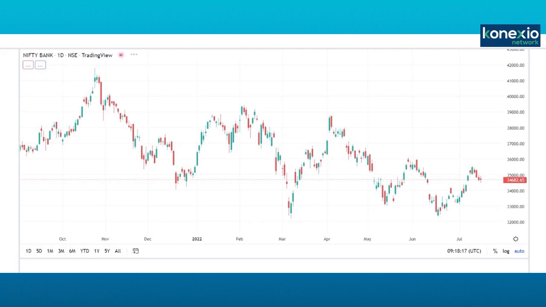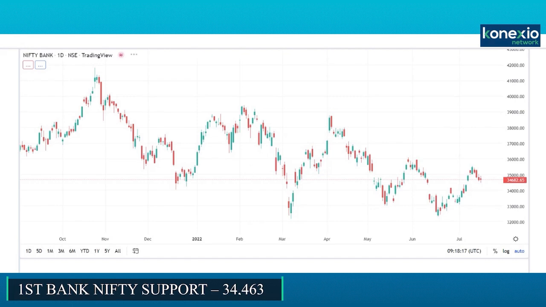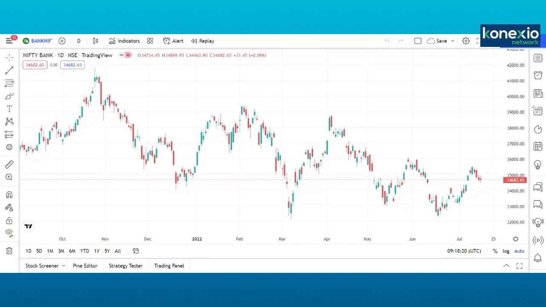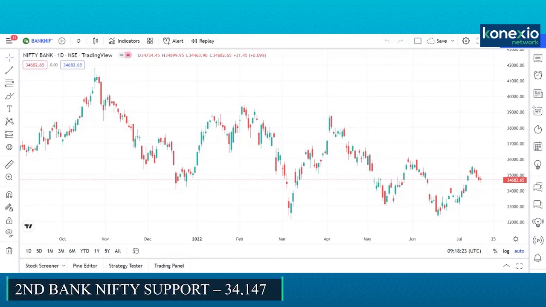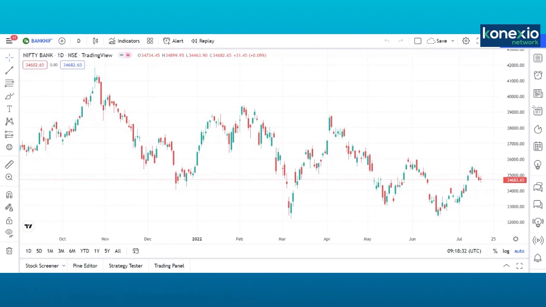So now let us discuss the important supports and resistances in Bank Nifty for the next week. 34,463 is the first support in Bank Nifty. The second support is placed at 34,147, and the third support is placed at 33,757. Whereas on the upside, the first resistance is placed at